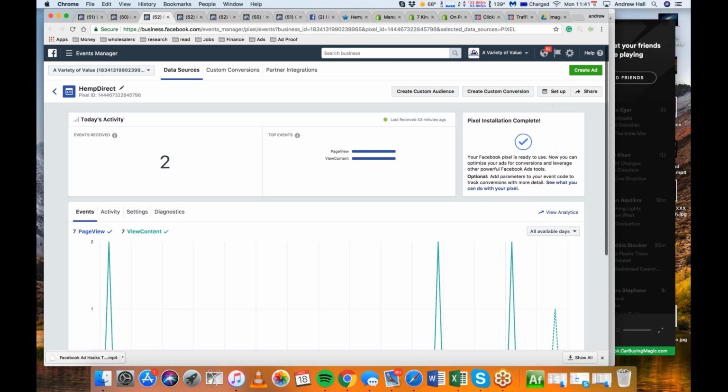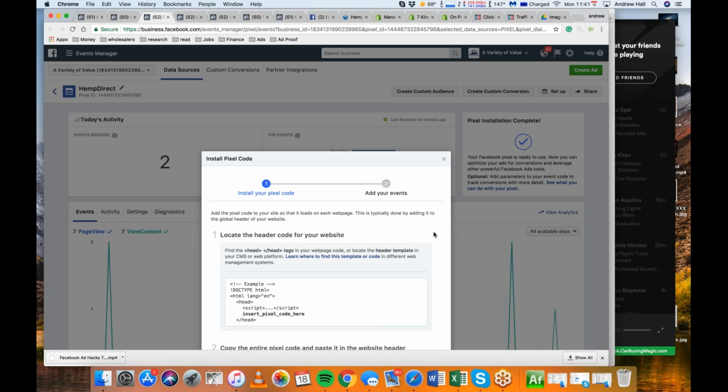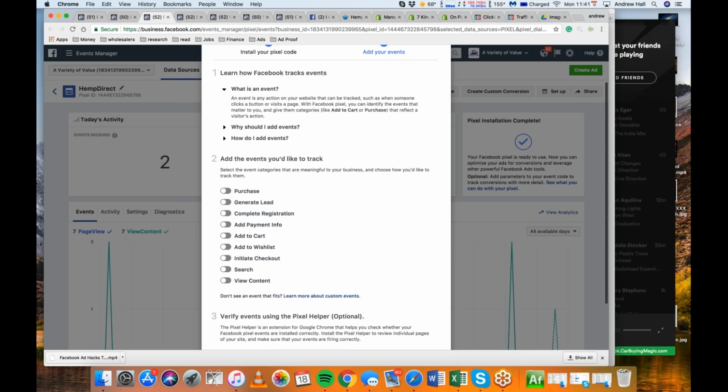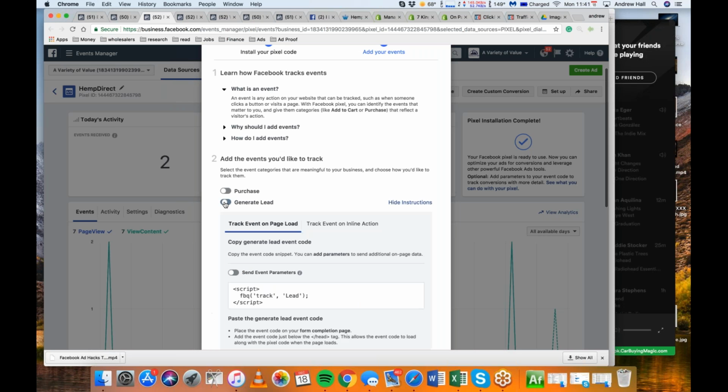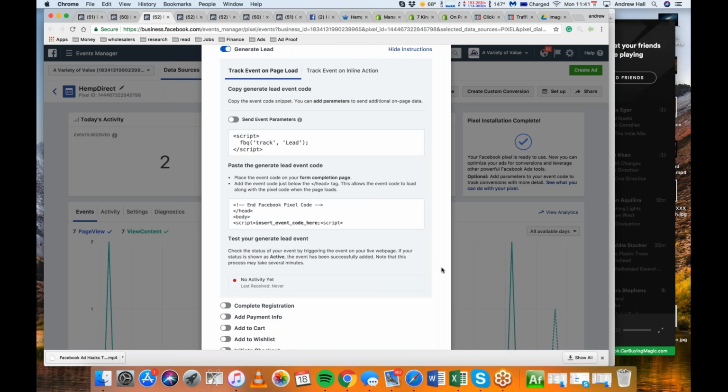Now, when you set up your pixel, you can manually install the code yourself, and then you select lead generation, generate lead. And then you put this on the page, and you're still warming up your pixel. Your pixel's getting data, and then you can take all those email addresses or lead generations that you got, and you can optimize for it later because you already have emails and your pixel's already gotten traffic, which Facebook can use. That data, those people that have already subscribed, and try to find more people similar to those types of people.